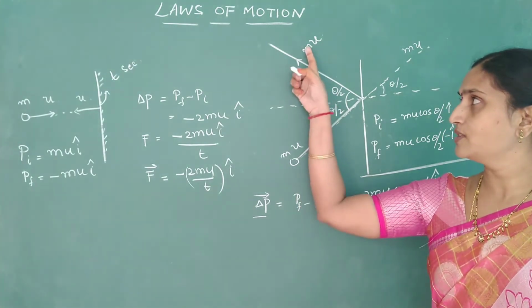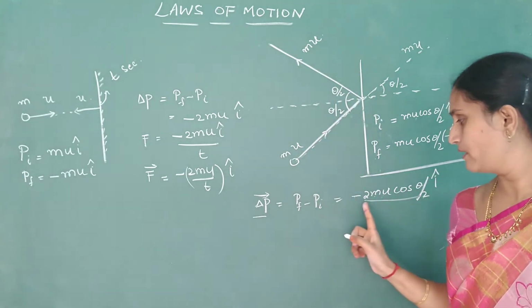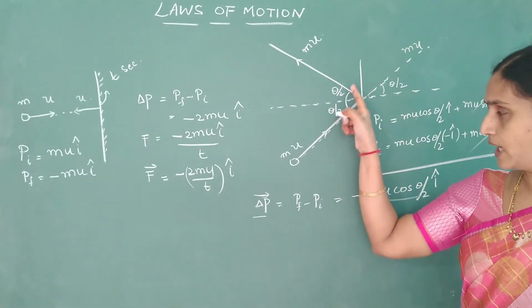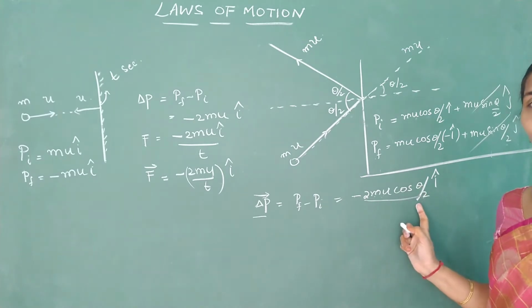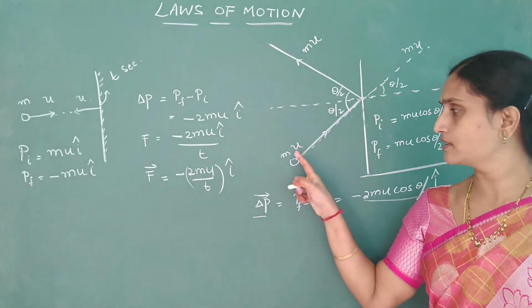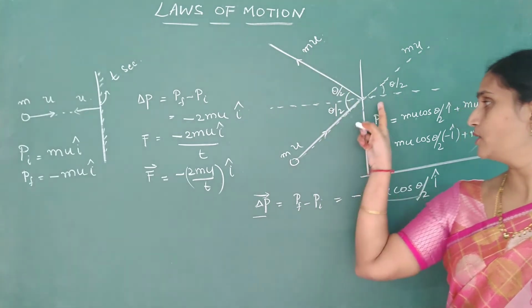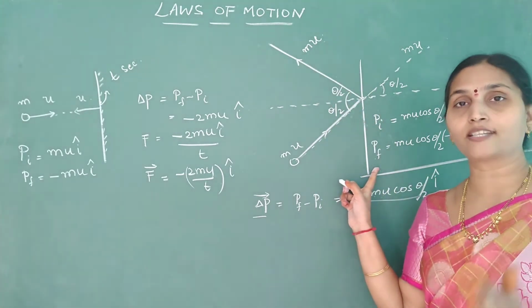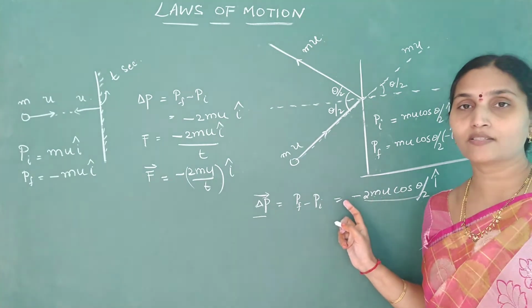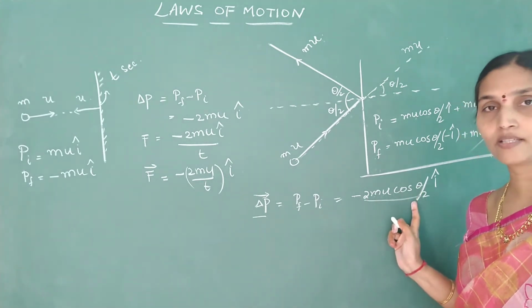So this is the case if there is no change in speed but only direction is being changed. You can remember this formula as 2 mu cos theta by 2. But be careful, this whole angle is theta, so here you will get theta divided by 2. And in some cases, they may not give you the same speed. Here the speed is u. After hitting the wall, they may give you a different speed v. Then you write the initial and final momentum vectors and then subtract. So this formula is not applicable all the time, only when the ball is deflected through an angle theta. Then the change in momentum is 2 mu cos theta by 2.